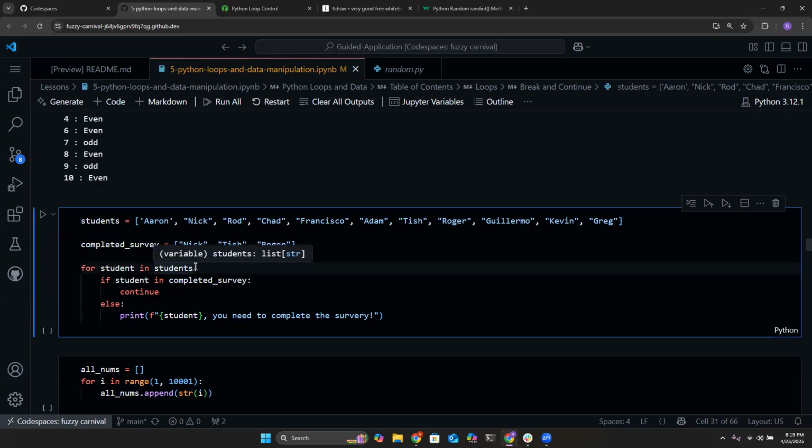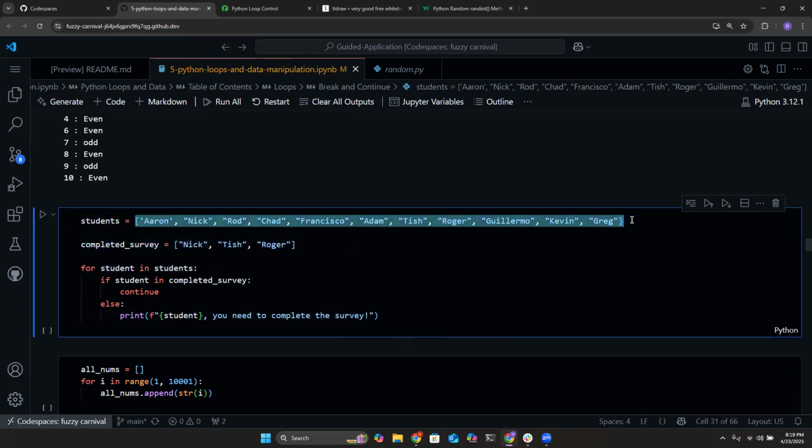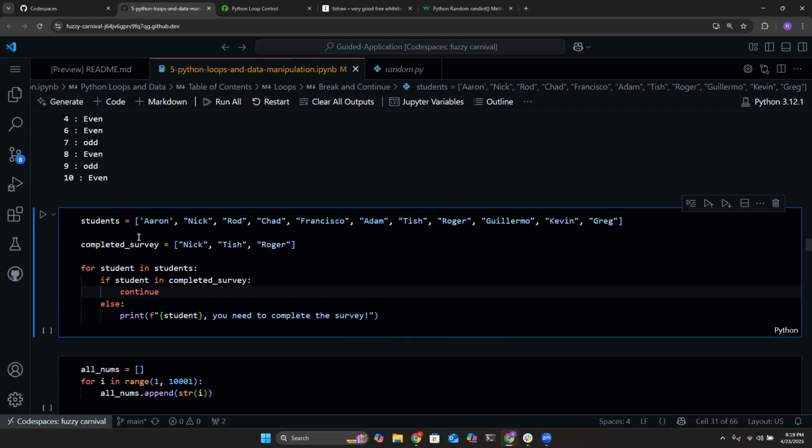So we have some people who've completed it, and if they completed it, then we don't need to remind them to complete it. But for those who have not completed the survey, we need to let them know, maybe even send them an email that they should complete it. So we iterate through the list of students. And then we check if the student that we're currently iterating through from our database is in our roster of those who have completed our survey? And if so, then we want to continue,